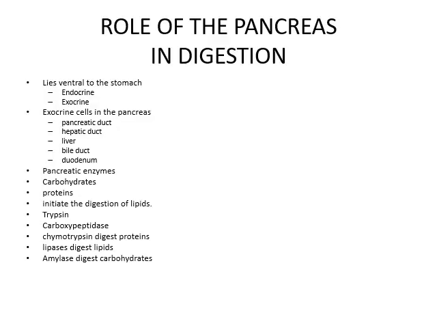Role of the pancreas in digestion. Liver, pancreas and gallbladder are very essential elements. The pancreas lies ventral to the stomach and contains two types of cells, endocrine and exocrine. Endocrine cells produce the hormones you are well aware of, insulin and glucagon, and the exocrine portion releases the enzymes amylase, lipase and trypsin.